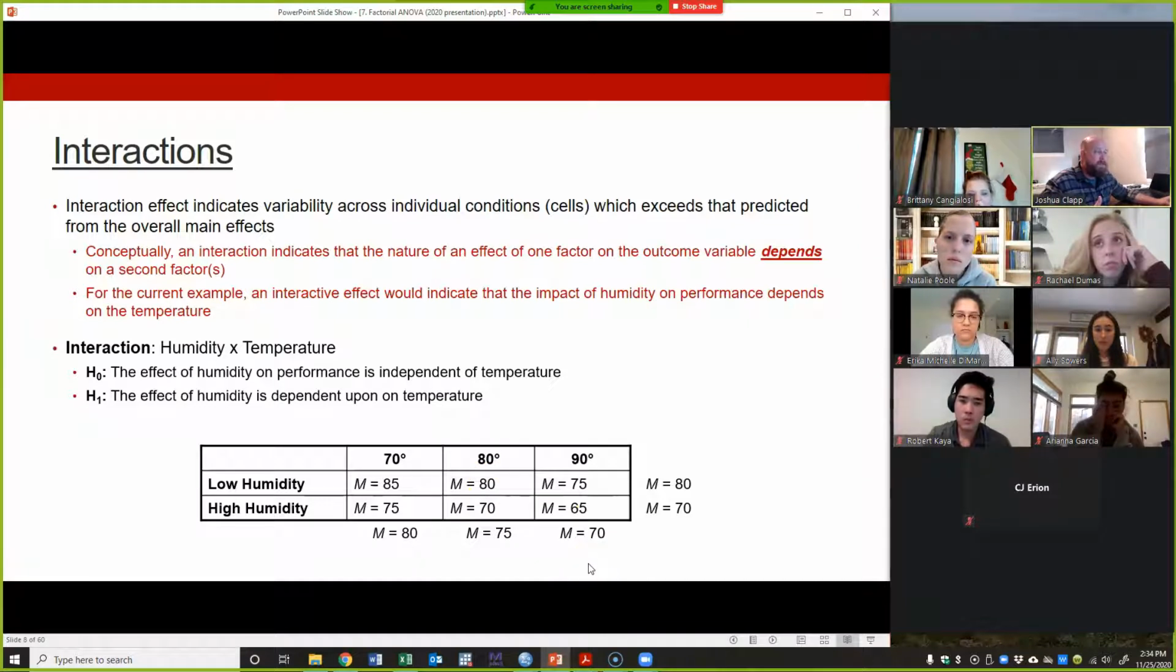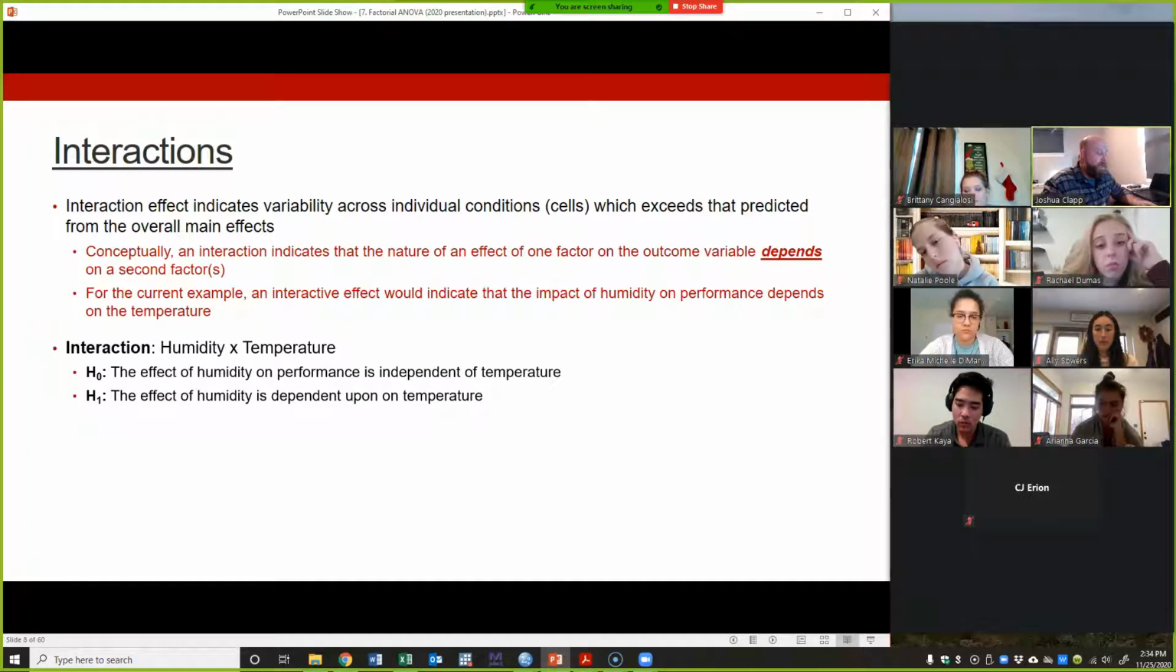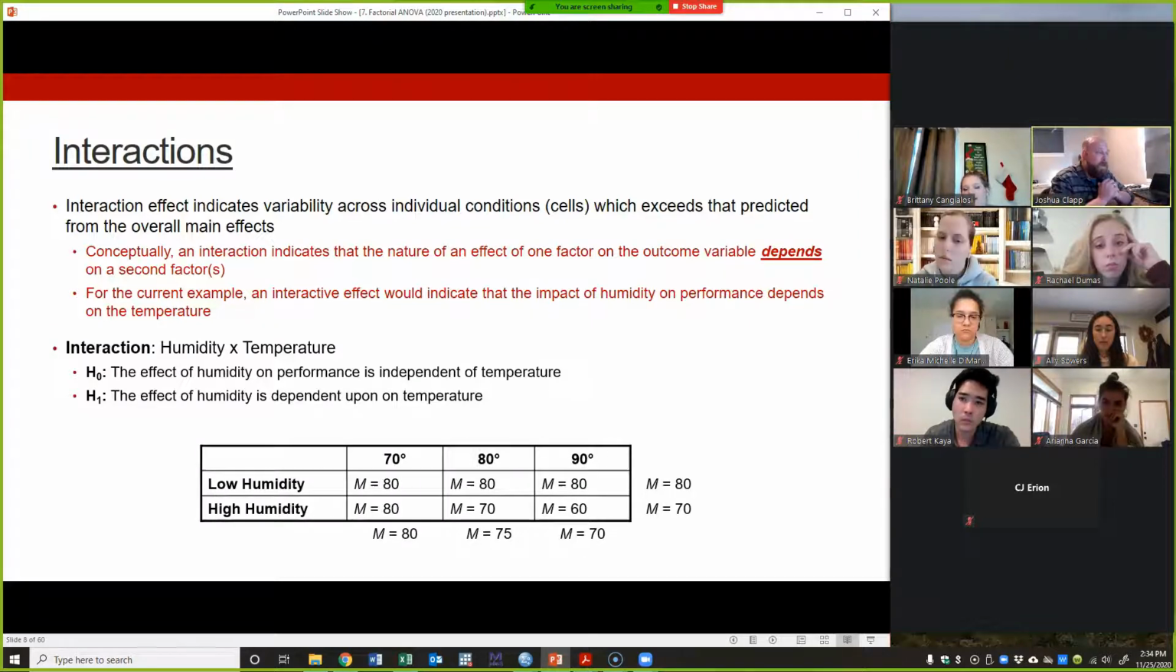And so in this example, my main effects are pretty much taking care of whatever's going on in there. There's nothing else really interesting or exciting, okay? But if we switch this around and still get the same main effects, right? We've still got a 10-point difference across low and high humidity. We've still got a 5-point decrease as temperature increases, but we've got something very different going on within our cells,